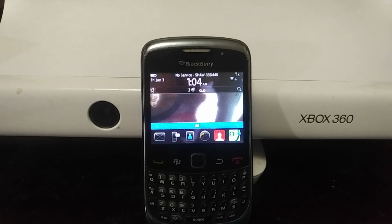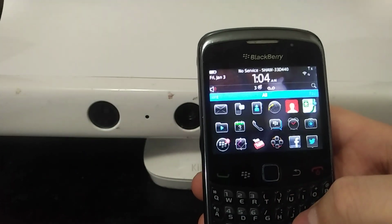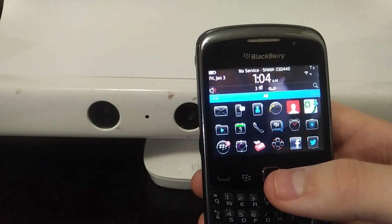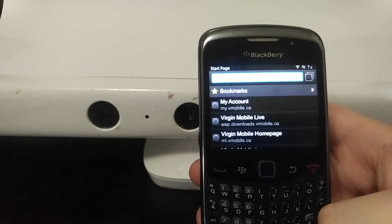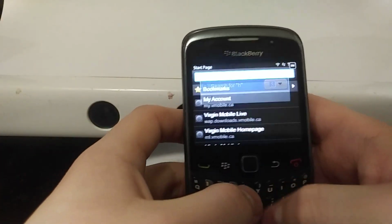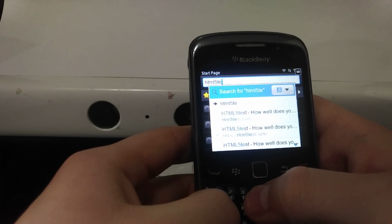The phone was with Virgin Mobile, and I have to update the time manually every time I use this phone, just because its network no longer exists. So we'll just take a look at basic functions besides stuff you can do with the phone, so, like cellular related stuff. So we'll be taking a look at its web browser. So we'll take a look at